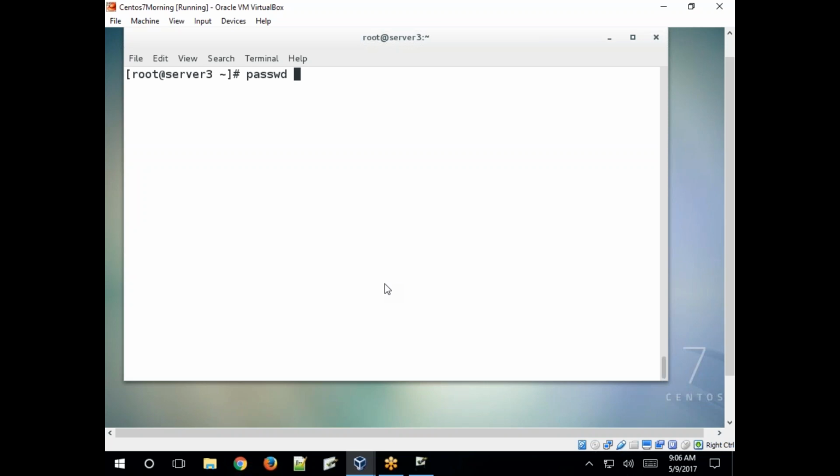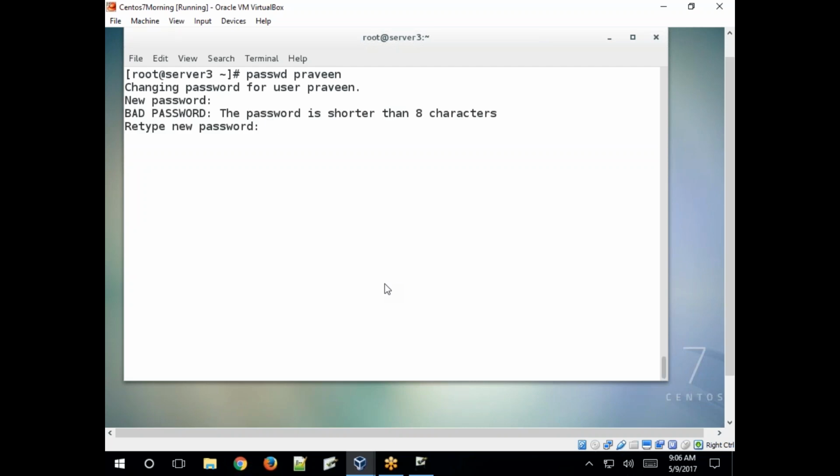Okay. So passwd Praveen. Password 1234567. Okay. So here you need to set the password. The minimum recommended is 8 characters.